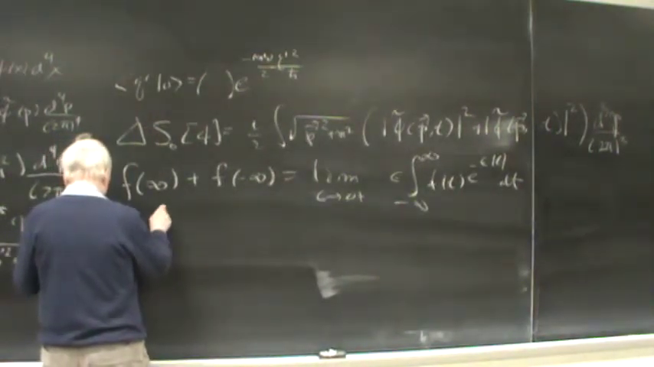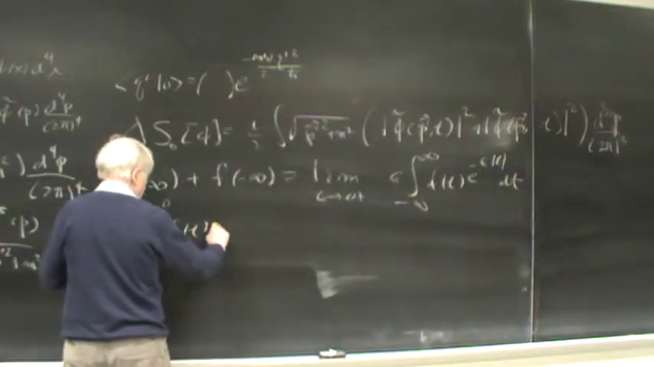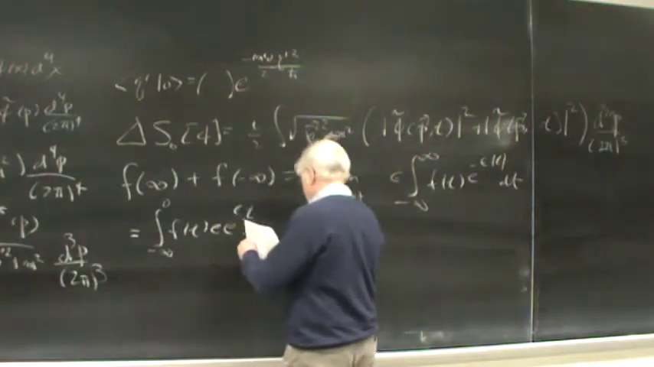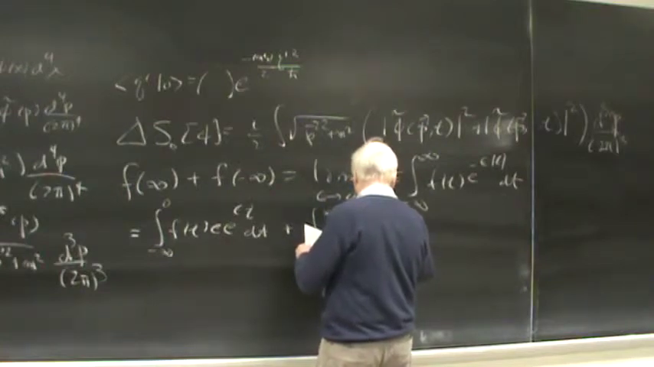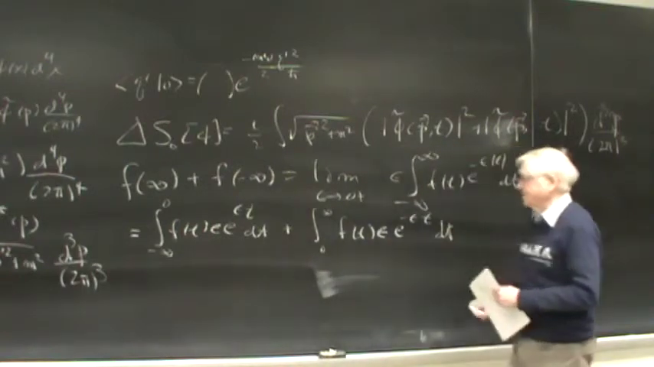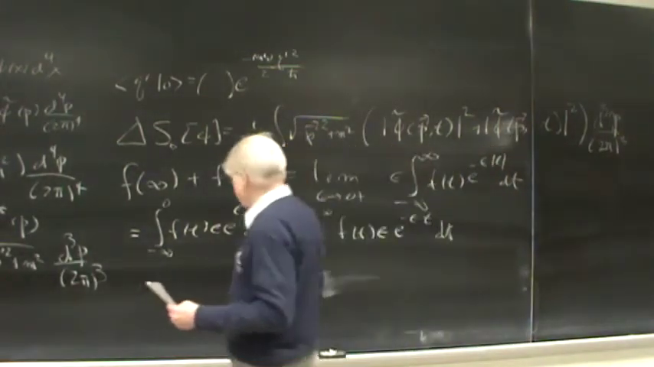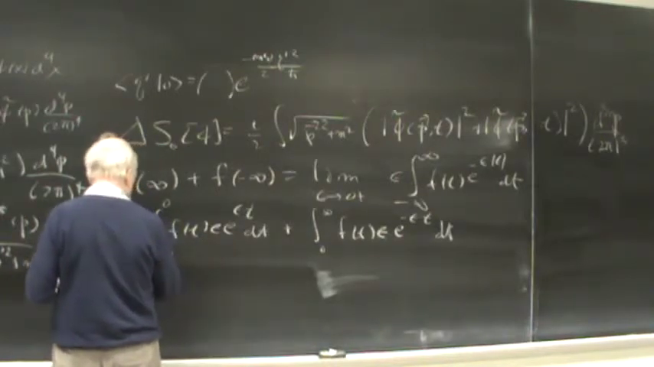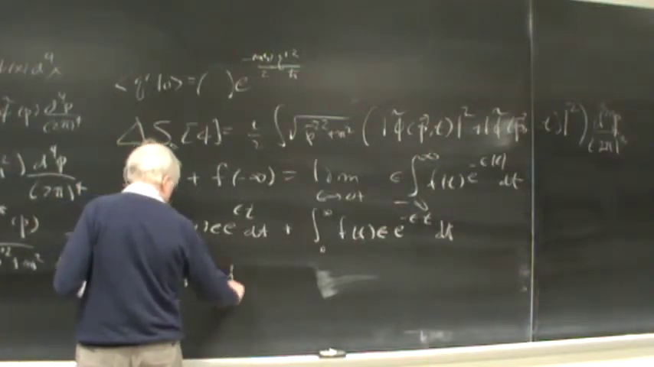This is equal to an integral from minus infinity to 0, f of t, epsilon e to the epsilon t dt, plus integral 0 to infinity f of t epsilon e to the minus epsilon t dt. Okay, so that's taking this thing and writing it as two integrals, so we don't have to deal with the damned absolute value. And now this thing is a derivative, this term here, and so we can rewrite that as minus infinity to 0, f of t, d/dt,